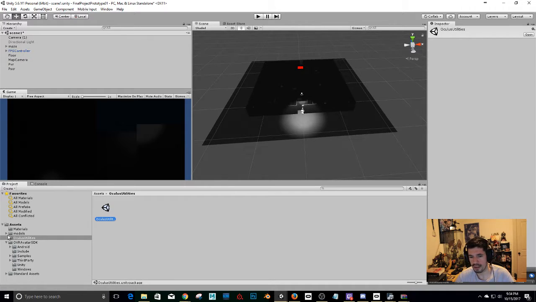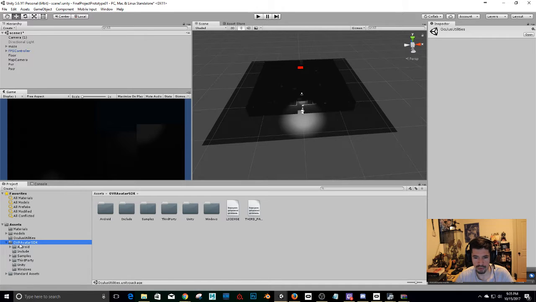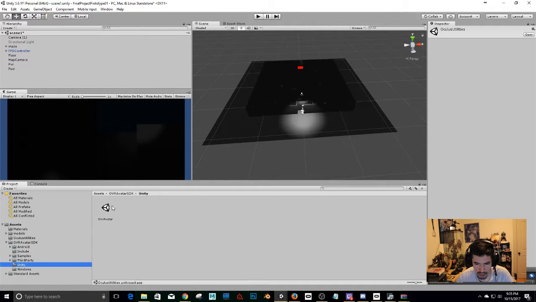So Oculus Utilities is a requirement. You don't have to use that package straight, but it's required to use OVR Avatar SDK. That is like the tools that Unity provides you to speed up the development of VR. So it includes, I think this is the OVR avatar, and